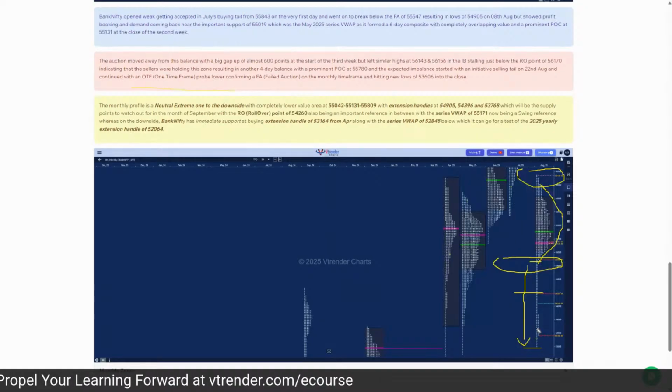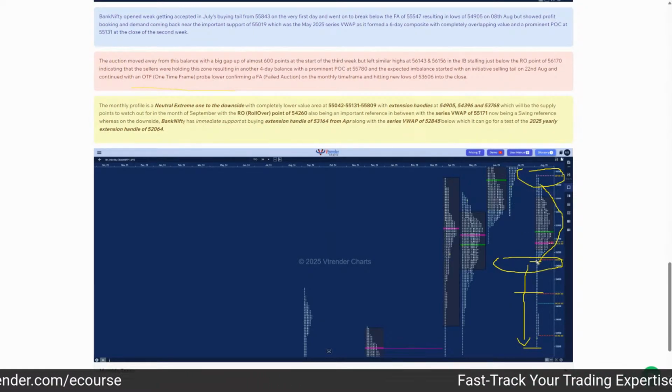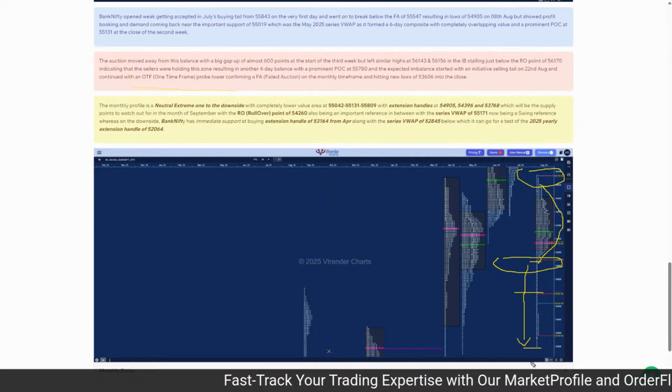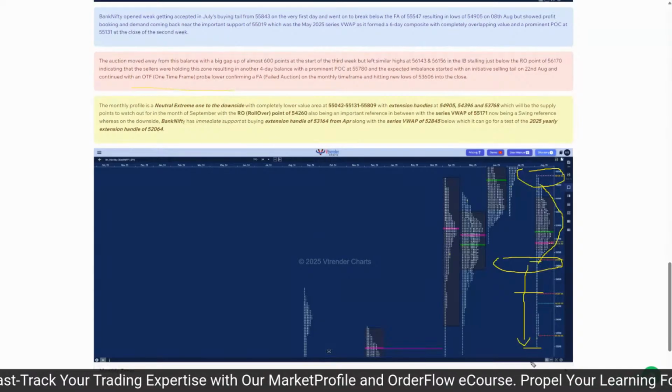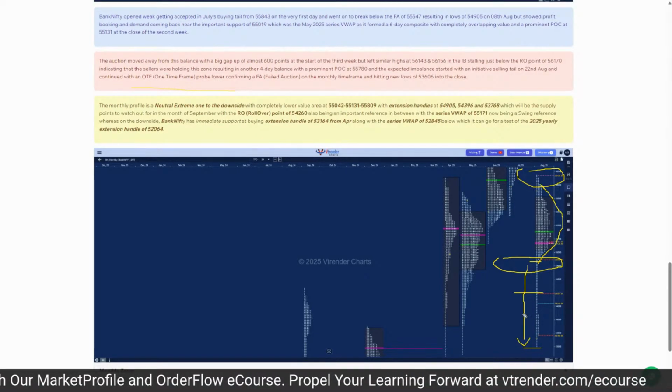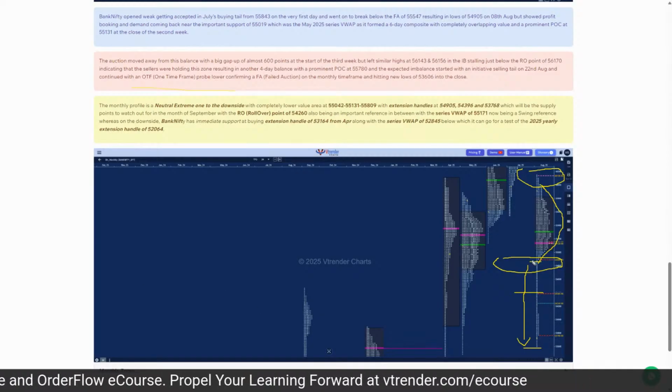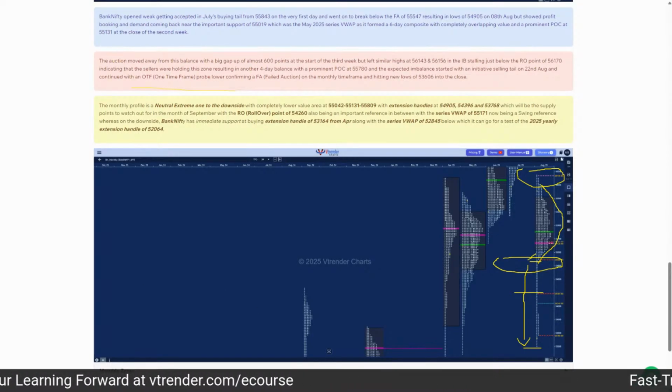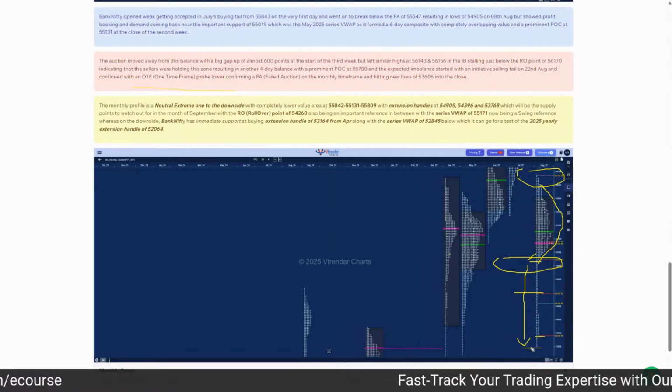So what we have done is formed an ideal neutral extreme profile, and we have a big neutral extreme zone from 54905 to 53606. So we have an almost 1300 point range over there. So that will be the neutral extreme zone on watch for the month of September. If we get back above this, then we have a chance of 80% rule in this value. Else we will remain weak if we break below these lows.